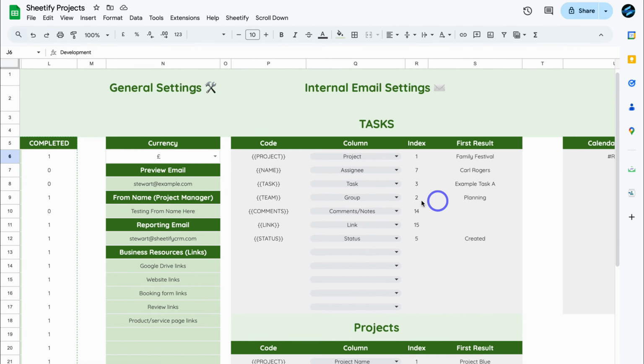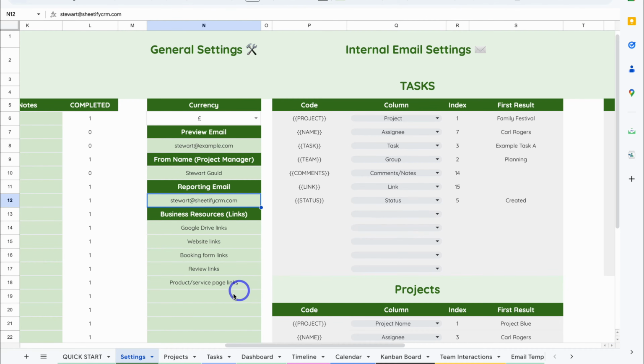Navigate across. Here you can change your currency, add your from name down here. This is for email notifications and sending internal emails to your teams. Here you can add the reporting email, and this is where your reports will be sent. We can leave tasks and project email settings as they are for now, and then we can navigate over to